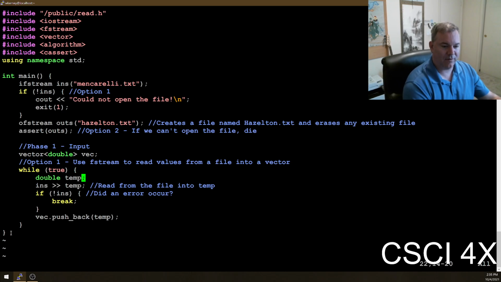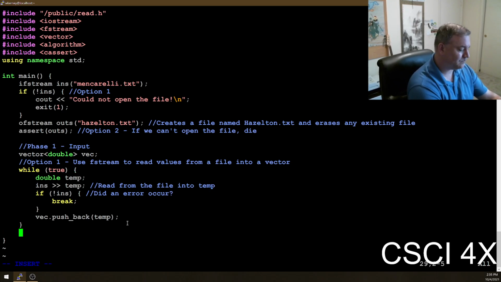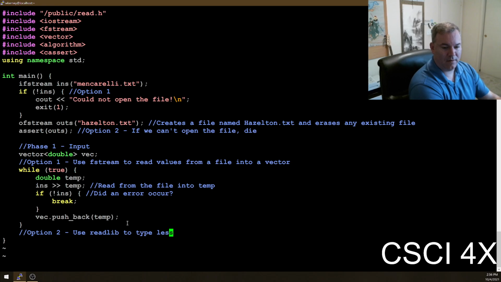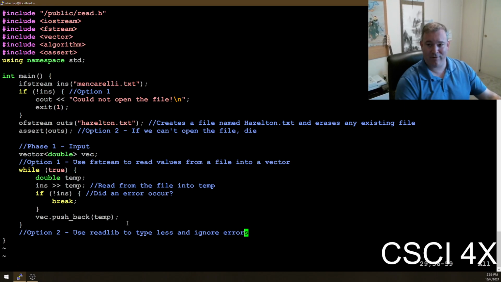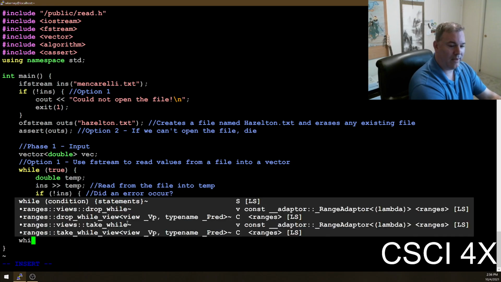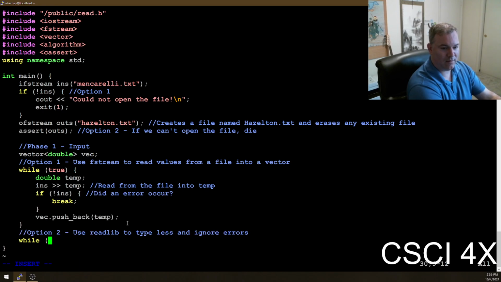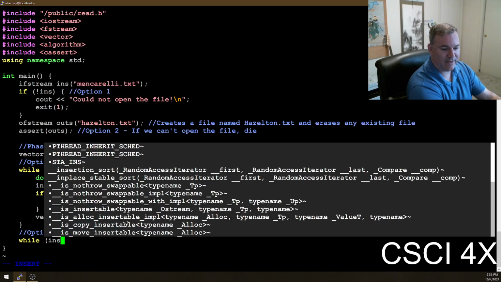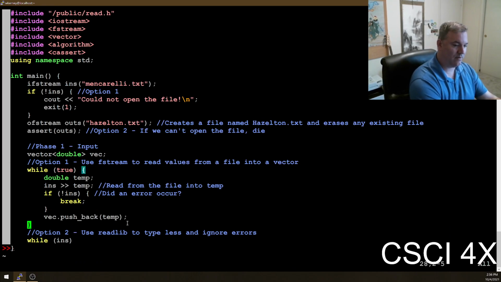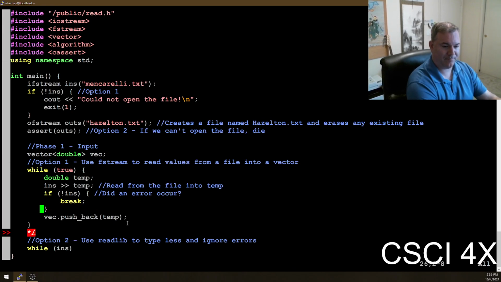Okay. So let me show you guys how I would do this with readlib. Let me show you how compact this is if you use my read library. While ends is valid, I'm going to have to comment this out.